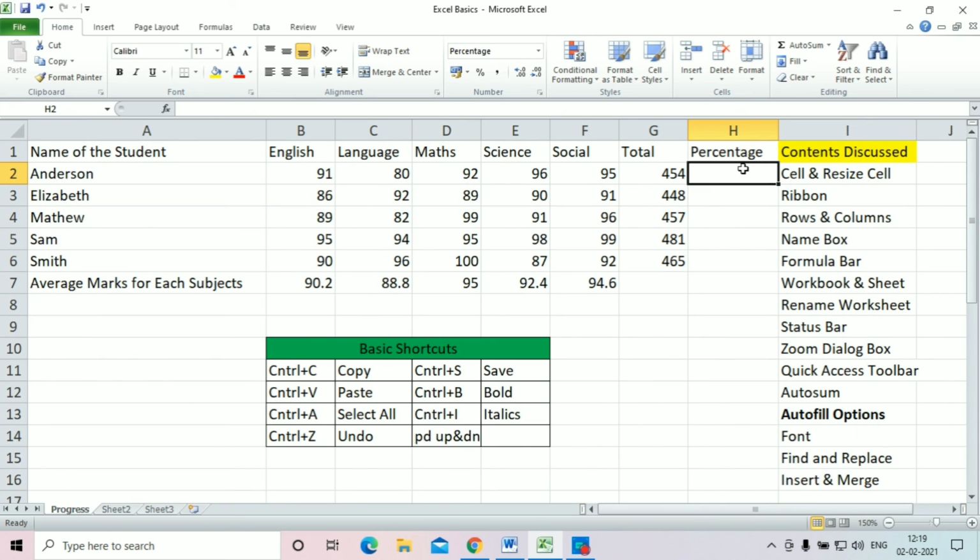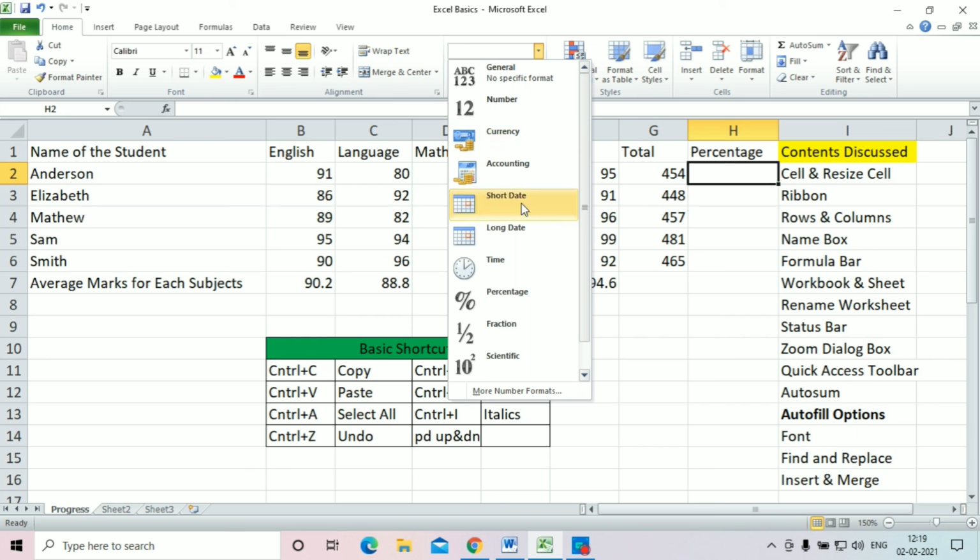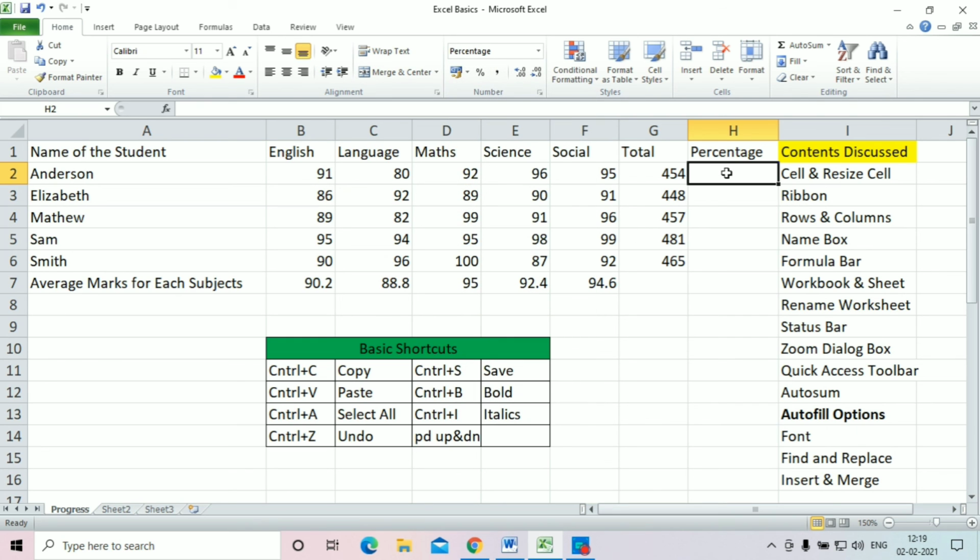So what is the next thing? We have to calculate the percentage. So how will you calculate the percentage? Basically there is one thing called number over here. If you select it, this box contains percentage.